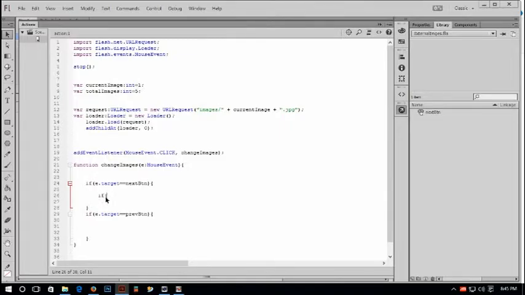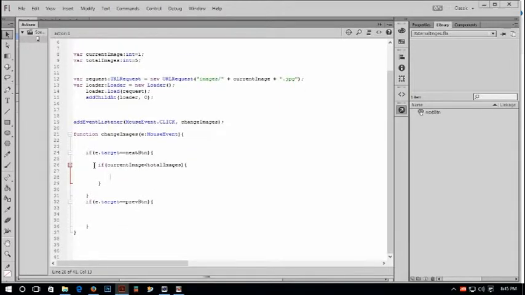If my current image less than total images, copy, paste, closing parentheses, opening curly brace, enter, and here copy this line and paste it for previous button, and here I